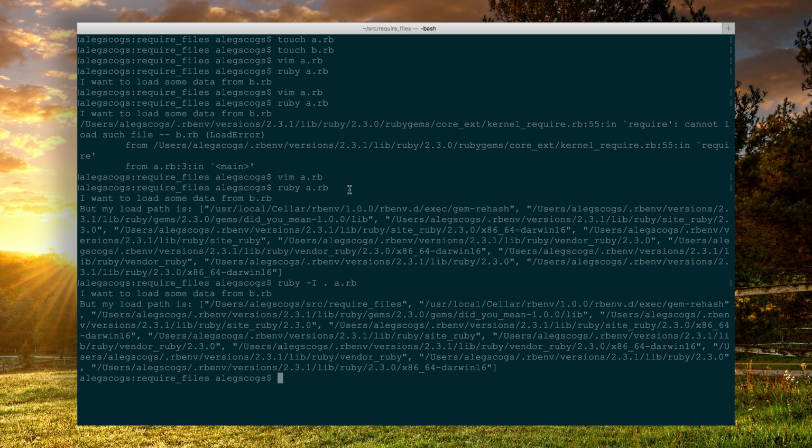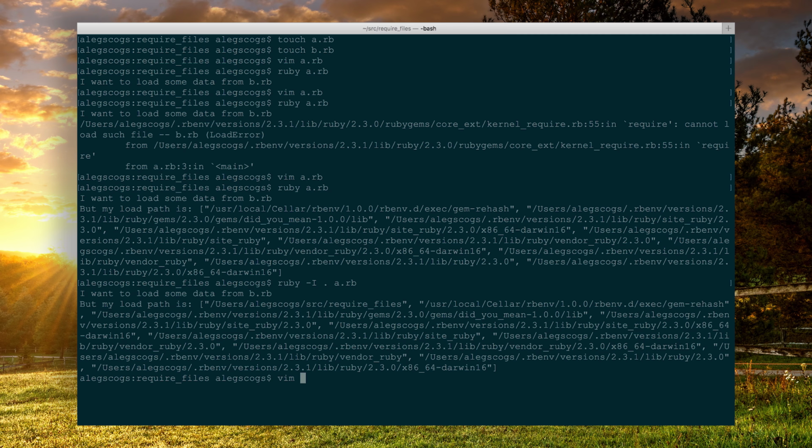If you take a look at the values in load path now, you should see your current directory here in the front of the list, which is what was represented by the dot you passed in. This happens to be the directory that I'm in. I'm in a directory called require files, which I created to run these programs. So because my current directory is now inside this load path variable, which happened by passing the dot to the Ruby command,